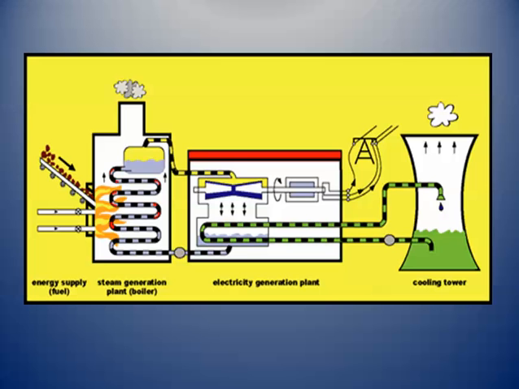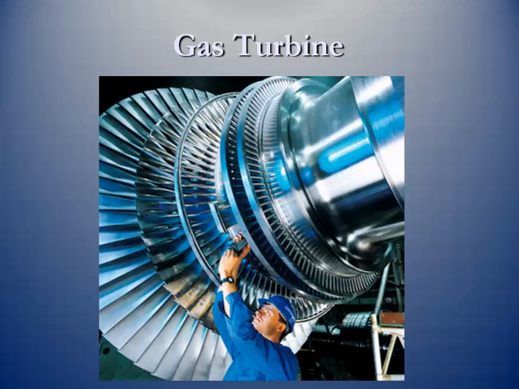That turbine spins, and on the axle of that turbine are magnets, very large magnets, and they spin within a copper wire field. The magnets are of opposite polarity, and then when they spin they actually create current, which as you can see goes on out into the transmission lines. And most plants recirculate then the steam. They cool it down. That's what those large cooling towers are that you see, and then they recycle as much of that water as they can. Here's what a typical gas turbine looks like. Again, you can see it's got fins on it like a jet engine.